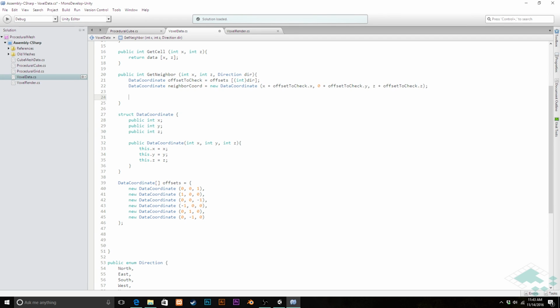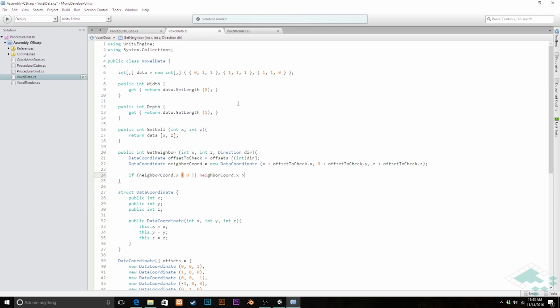So we can simply check on the x, the y, and the z values: is it too low or too high? So we can say, if neighbor coord.x is less than 0, or neighbor coord.x is greater than in width,